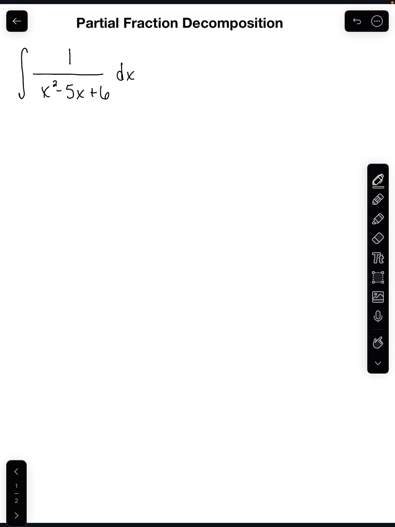Most recently, we talked about integration by trigonometric substitution. And while this does not exactly fit that, we did see an example where we can alter the denominator by completing the square. If we could complete the square here, which it is possible to do, then that would allow us to use trigonometric substitution to integrate this expression. However,